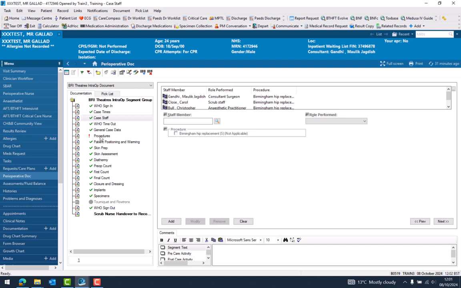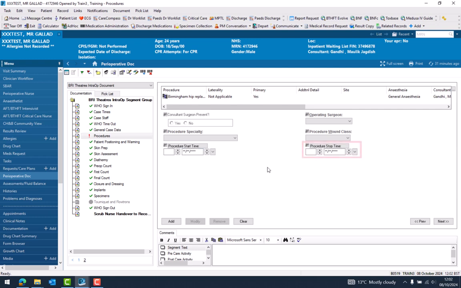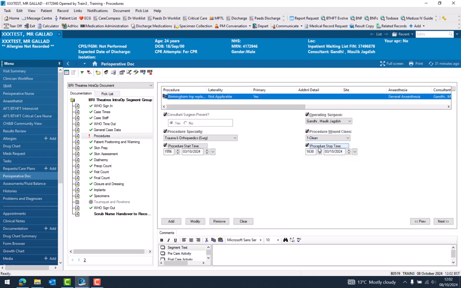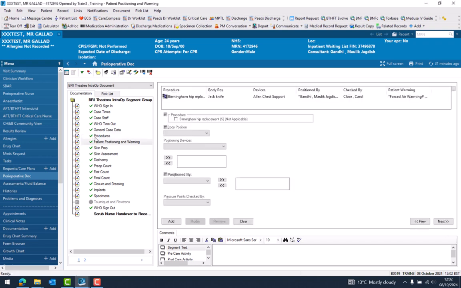Procedures should have a green tick, but once I go into it, if you remember, I did not add the procedure stop time in here, and it should automatically pull through once I've added it into the case times. My job here is to acknowledge that and then press next, and procedures should have a green tick. Now to finalize this document, I will press the green flag